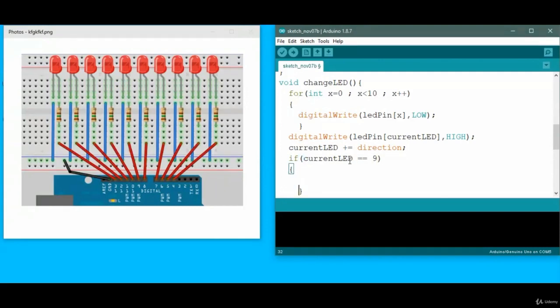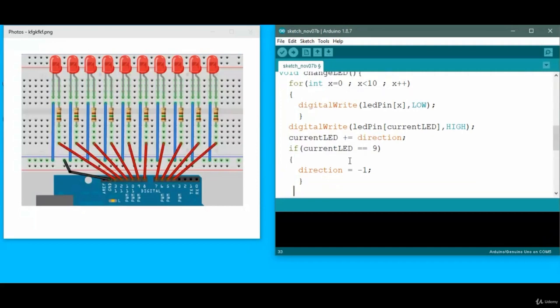then what will happen here, we just change the direction to -1. And if currentLED is equal to 0, it means whether it's on this LED or this LED, then it will define the direction of the LED,